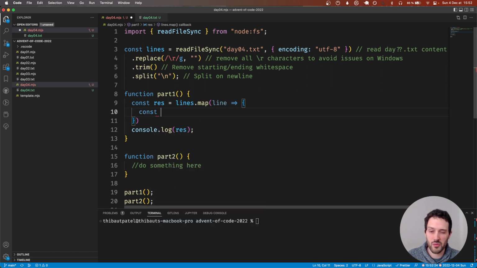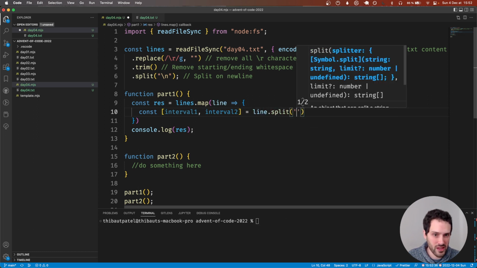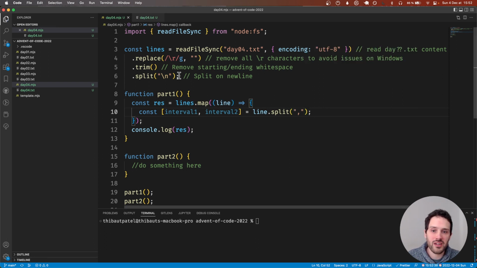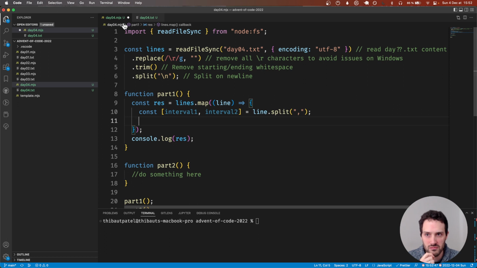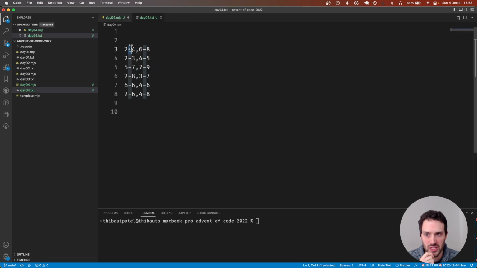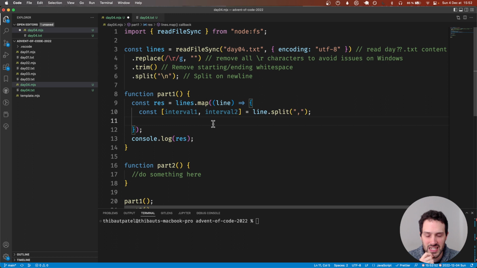So const, what do we call that? We call that interval 1, interval 2, and this is a line that's split with the comma. What I am doing here is destructuring the array into 2 variables, and then for each of these variables we can split with the dash and parseInt. So maybe I just keep that an array,